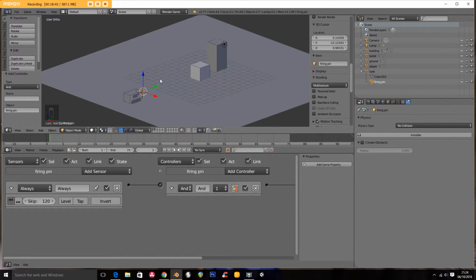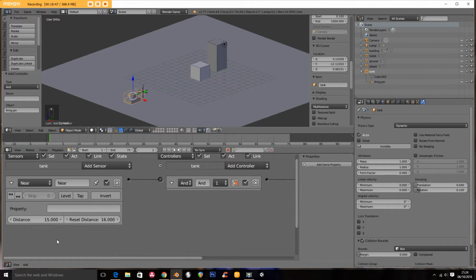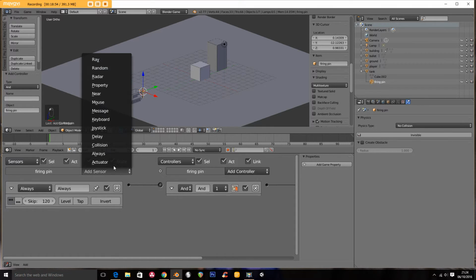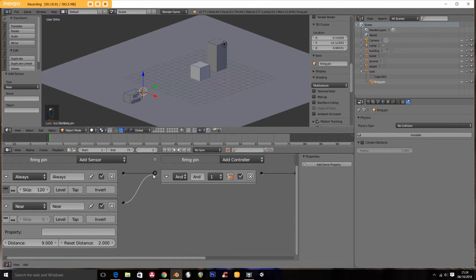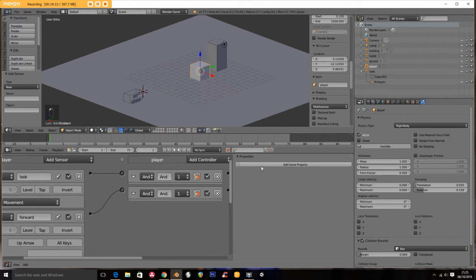Let's have proximity fire. So first of all, let's select the tank and change our distances here from 15 to say 10. For this we're going to add in the near sensor. We'll set this to 9, and these both have to be true together. We'll set this to 10. Now we've one extra thing to do, and that is we need to give this a property, any property. So I'm going to call this player,